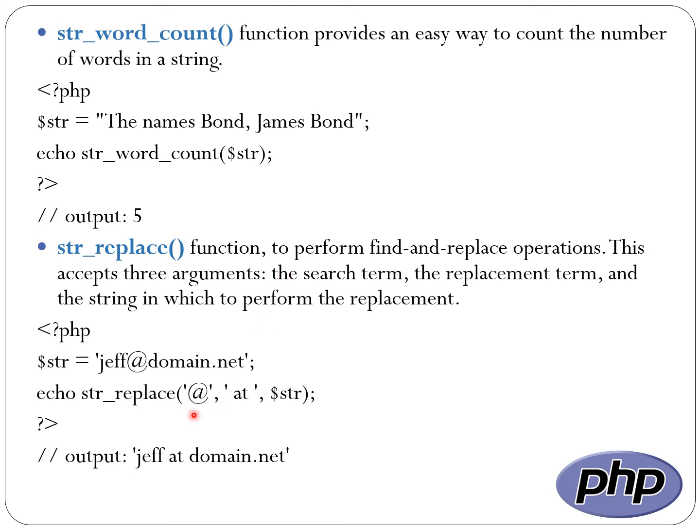So here you can see that in front of 80 a space is there. That is why a space is here. After it there will be a space. That is why a space is here in between jeff, 80, and domain.